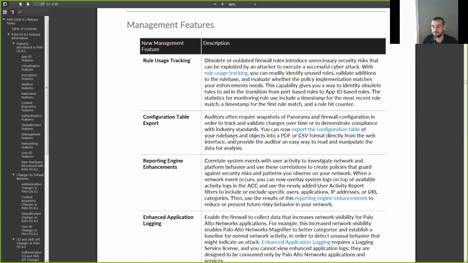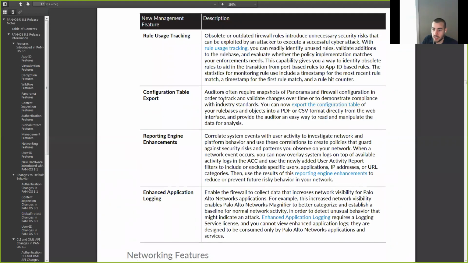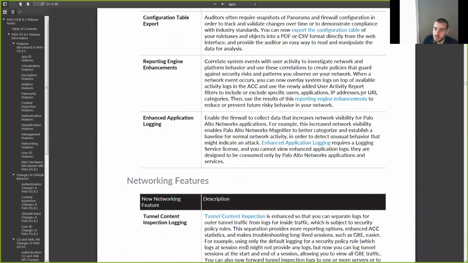Huh. Look out, Firemon. Interesting. I swore there was a button. Oh, there's a hit counter. Pretty sure there was not a hit counter before, but I thought there was a button for unused. Maybe I'm thinking of Checkpoint. Configuration table export auditors require. Oh, that's good. Very nice. Probably never used that one, but